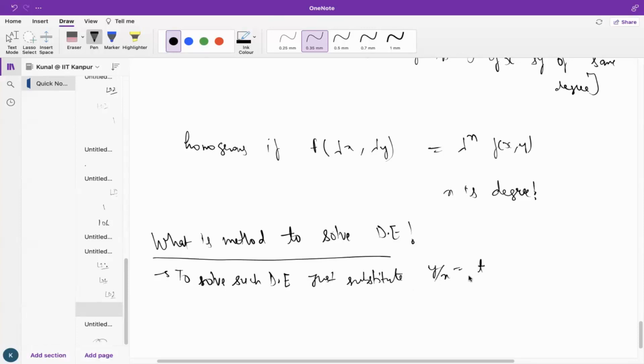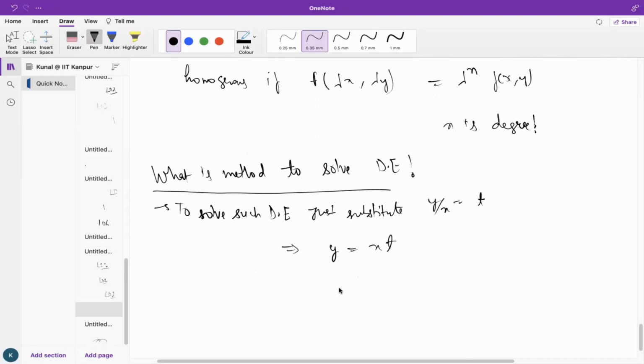So when we substitute y by x is equal to t, what will we get? Basically, y is equal to xt. Let me write it here in a clear way. So y is equal to xt, right? And when we differentiate both sides with respect to x,